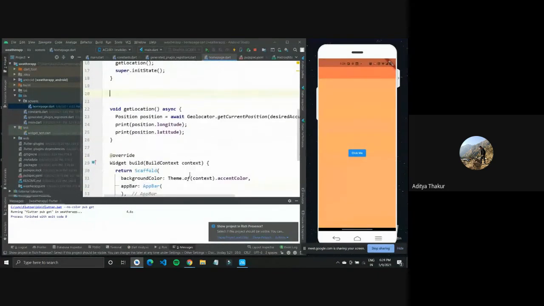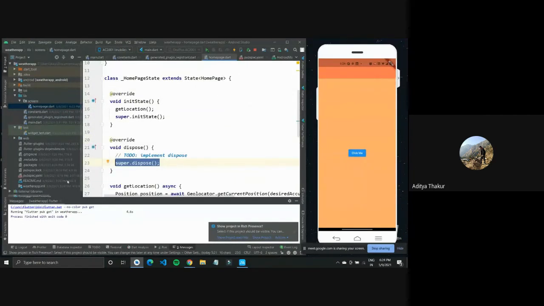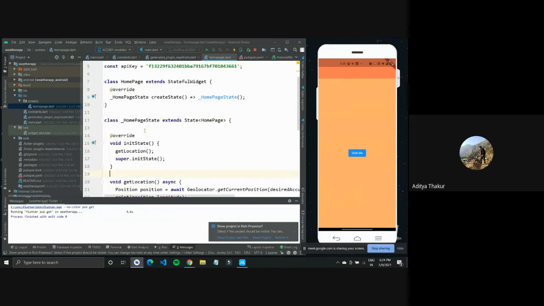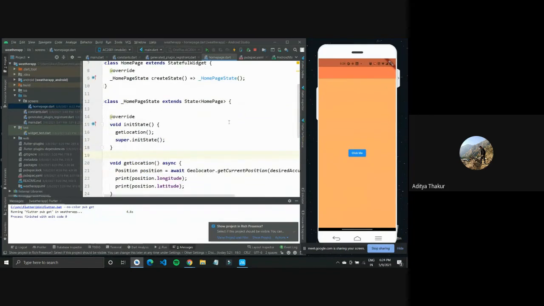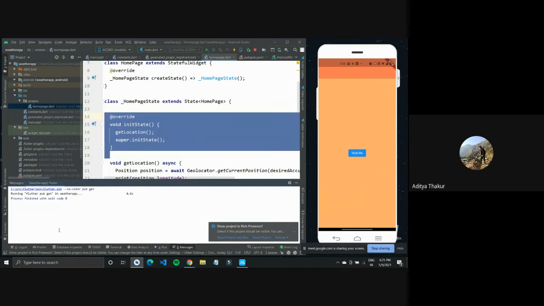There is also something called dispose, that is when your widget is disposed or when it is destroyed. So all the code that is in it is run. Dispose we use if we want to get rid of some resources, as in when you would work with animation, you need to get rid of the animation controller, you can put it in dispose. But let me show you how void init state works.